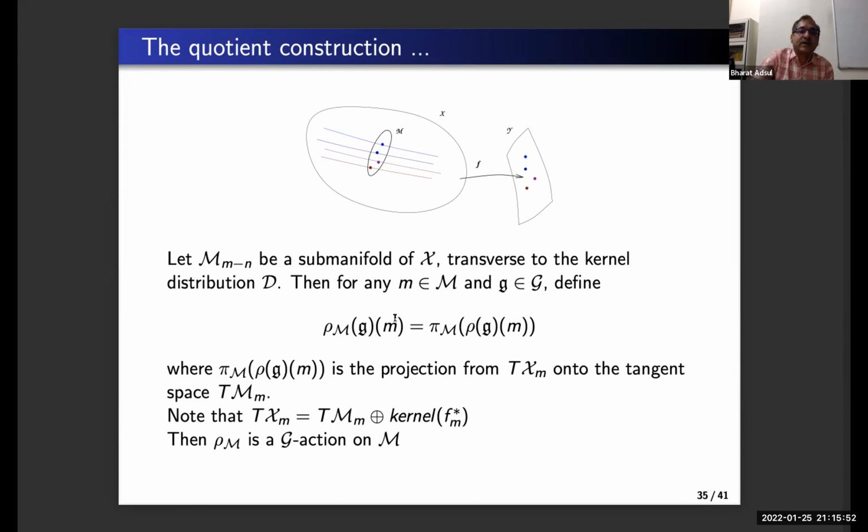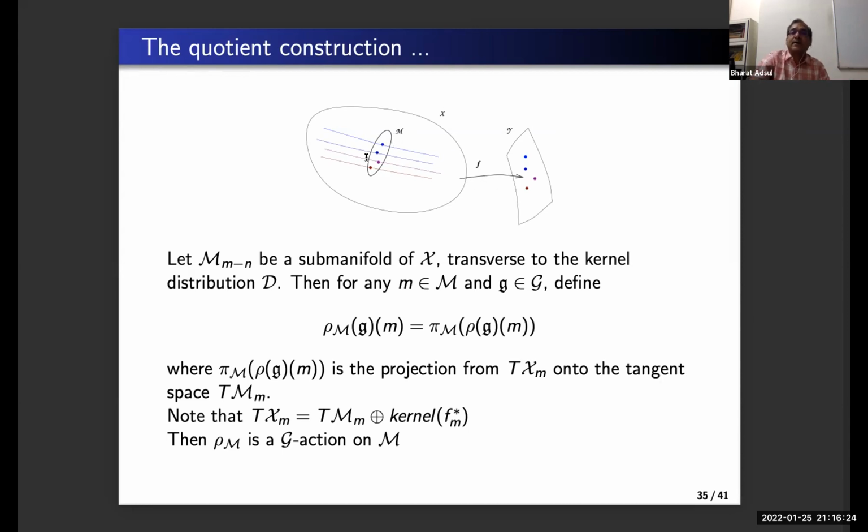The action should be thought of as follows: given a point on this M, and given this infinitesimal group element, or Lie algebra element, I would like to know which vector field on M this element will produce. The way you do it is that you look at which vector it produces on the big X, and that vector you decompose into a kernel component,